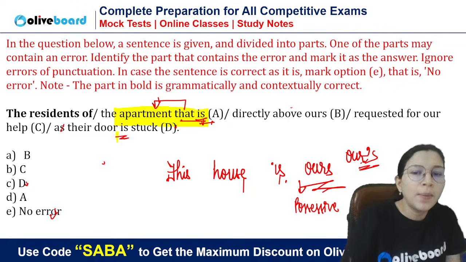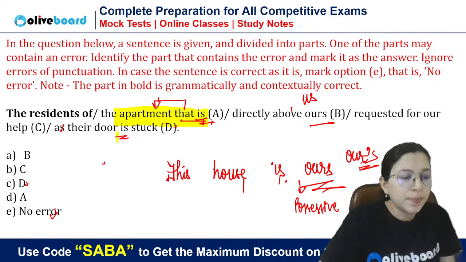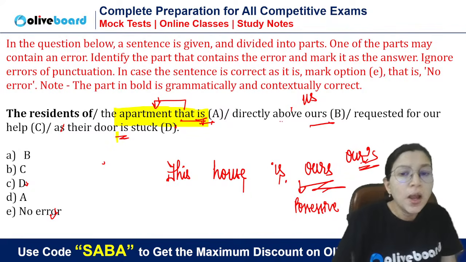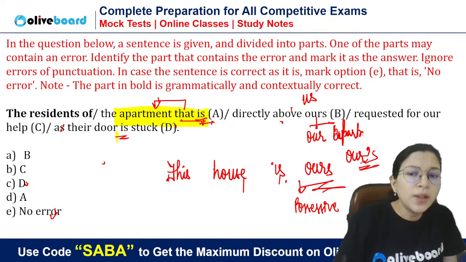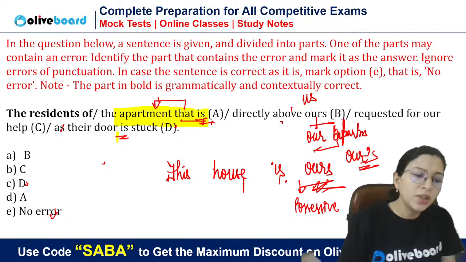अच्छा, those who are saying above us. So apartment is above us. Apartment हमारे ऊपर है. Ours means our apartment. So apartment is over you or over your apartment. This is only the sense. Now ours means our house. So ours here means our apartment. So this is also correct.